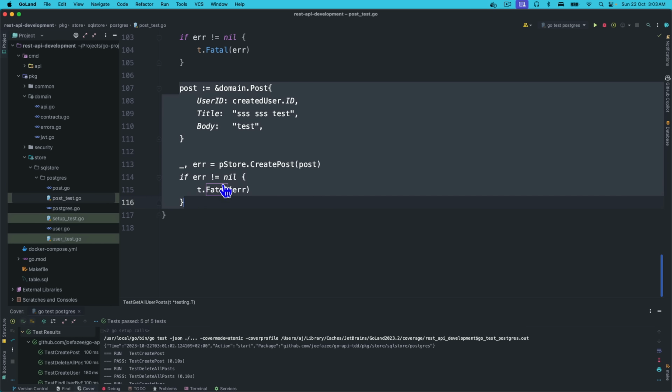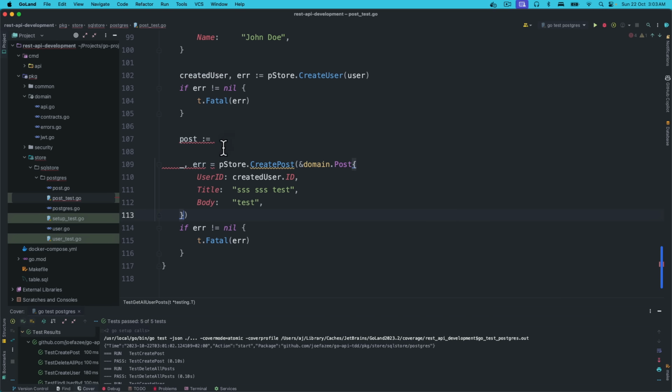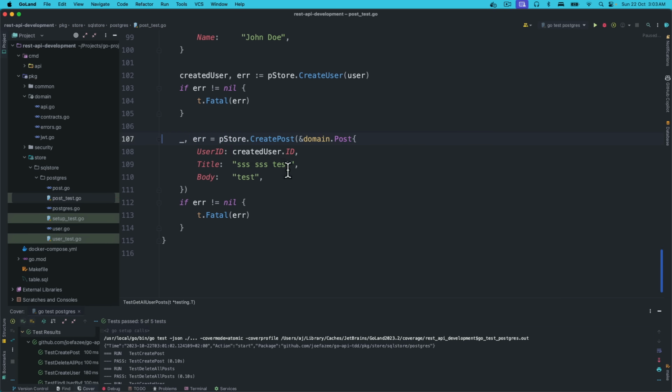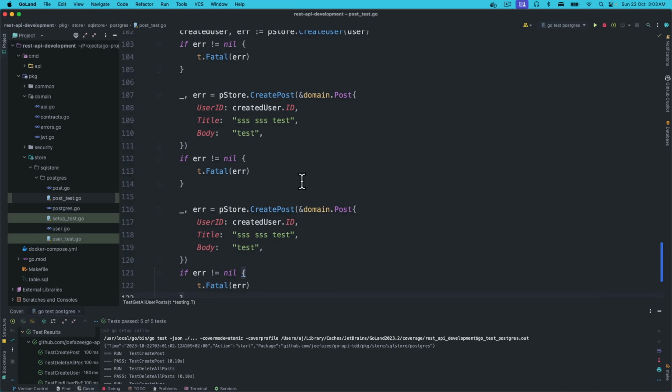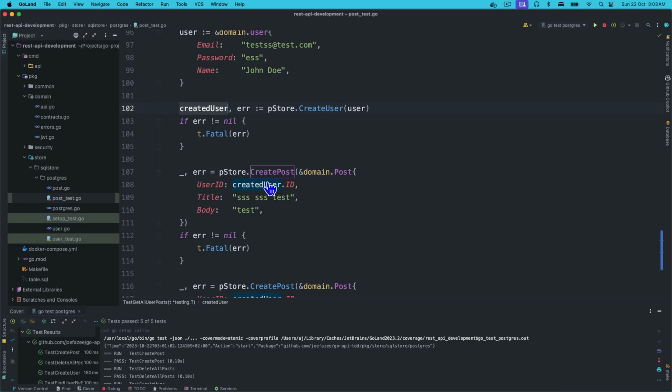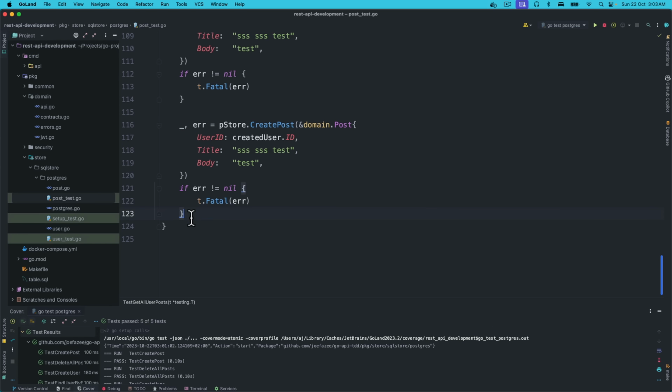I'm going to do another one. Short. Let me do it like this. Right, do another post. So we have 2 posts for this user. And I will just say ps, error is equal to